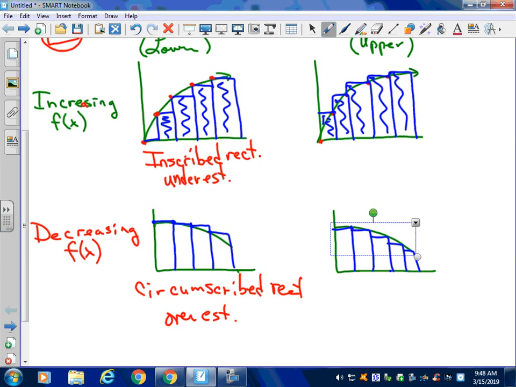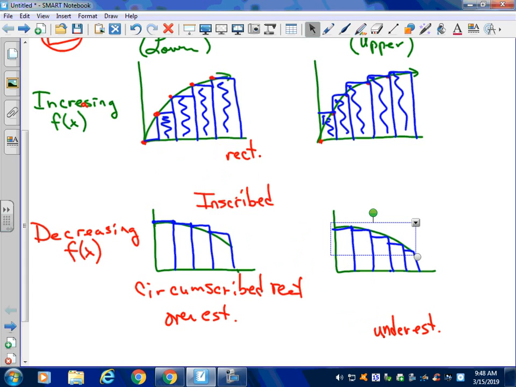Does that make sense? That they're all going to be under because the right corner of your curve is lower than the left corner. See, the left corner is really high, but the right corner touching the curve has got to be lower. And so that causes it to be an inscribed underestimation. So they'll be the opposites of each other. So you've got to remember,